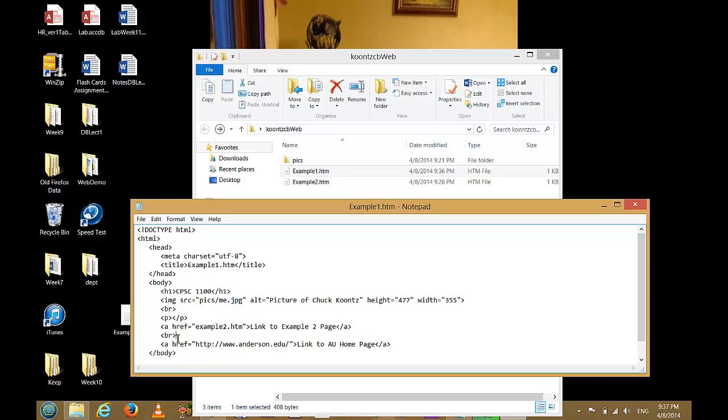That's a singular tag, incidentally, so there is no tag pair associated with the break tag, nor is there a tag pair associated with the image tag. So some of the tags, and for instance meta tags, don't have a closing tag pair. So some do, some don't, and you'll soon learn which do and which ones don't. All right, so I'm going to save,